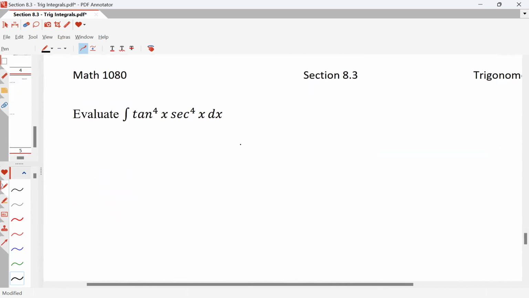Now, for an example of what if we don't have an odd tangent? Well, if we don't have an odd tangent, the next thing to look for is what if I have an even secant? If I have an even secant, we can do a similar trick. But instead of just pulling out one secant, or even one tangent, we want to pull out a secant squared. So factoring